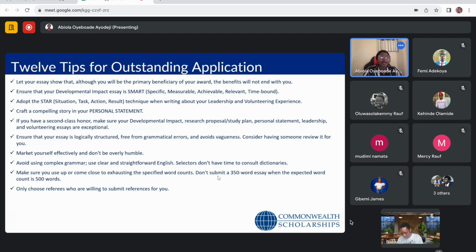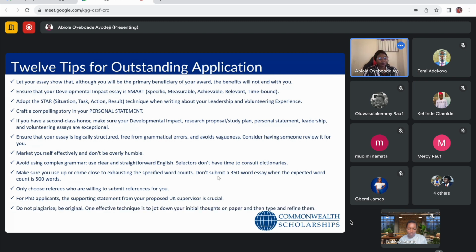And the same thing with supporting statements as well. So for PhD candidates, a supporting statement from a proposed UK supervisor is crucial. If you don't have a supporting statement from a proposed UK supervisor, you won't be considered at all. Not only admission, you need a supervisor to say, yes, I'm willing to take this person. I think that's a way of communicating to Commonwealth that whatever you want to research has been peer reviewed by an academic, someone that has the intellectual capacity and also an understanding of the field, and that the field is workable.